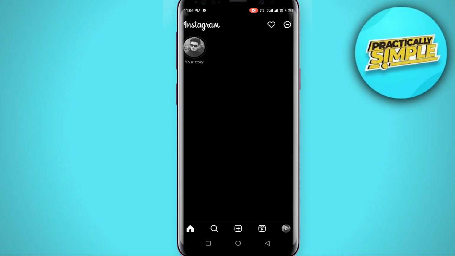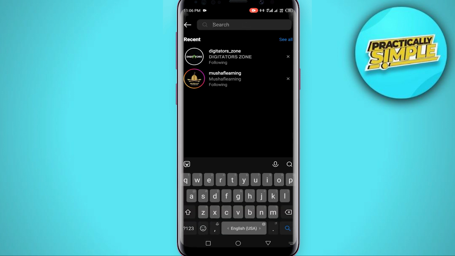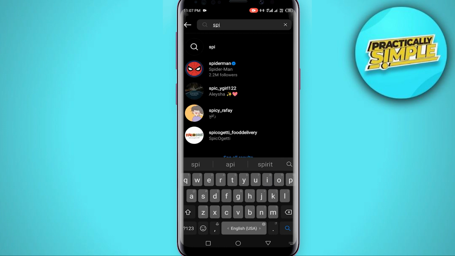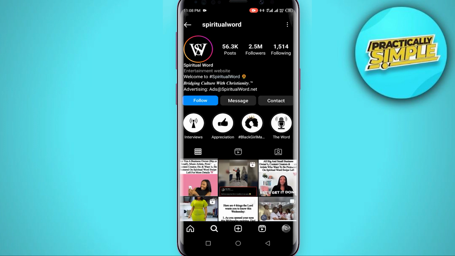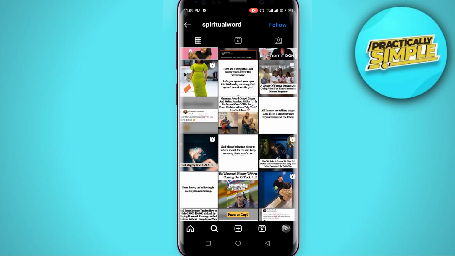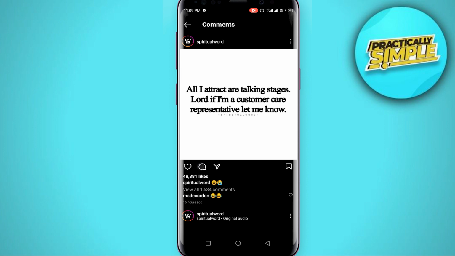and then just open up the Instagram application, and now tap on this search bar, and in the search bar you have to type SPIRI. So you have to search for this spiritual word. Just tap on this first account, and now you can see this account. So now you just have to go for some random post here,